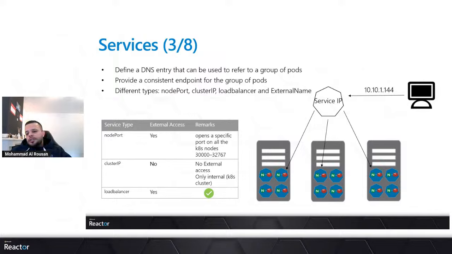So after deploying your application, the next step is to provide network connectivity to your pods. And for this, we use another Kubernetes resource called services. Kubernetes uses services to logically group a set of pods together and provide network connectivity. So in a service, the traffic will come from inside your cluster to the service IP, and the service IP will distribute the traffic across your pods.